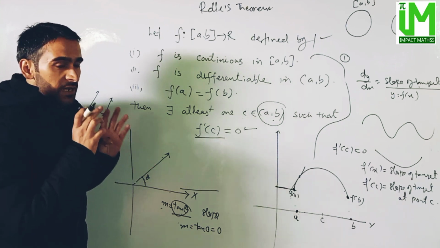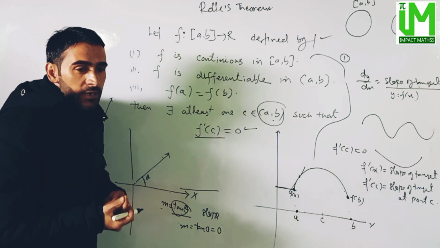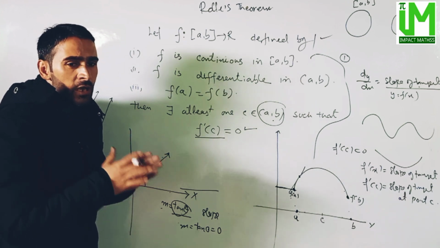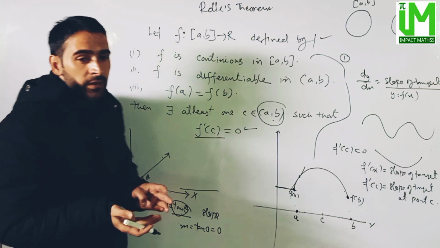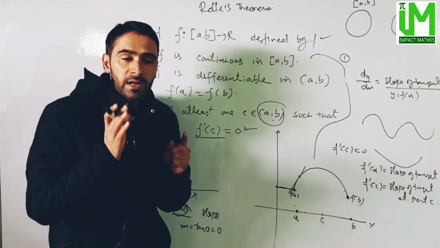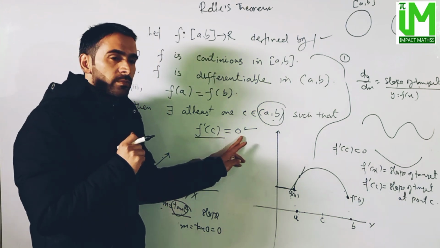Same slopes. Parallel lines have the same slopes if and only if the condition holds. If the lines are parallel then their slopes are equal, and conversely, if the slopes are equal then the lines are parallel. Okay, now f dash of c is equal to 0 means